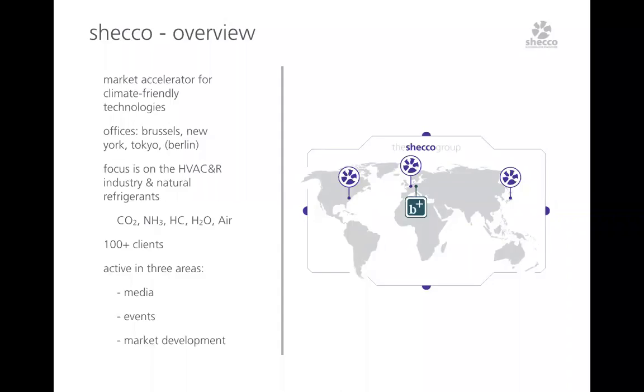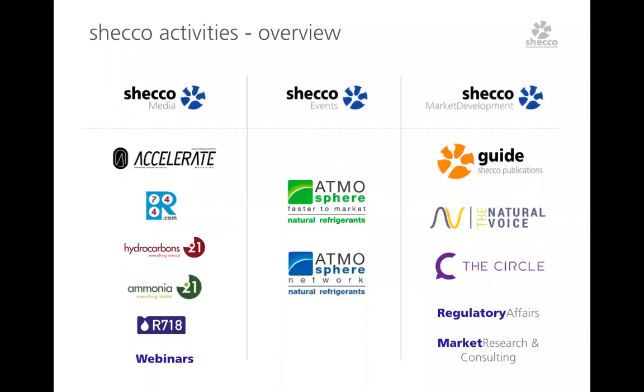And just to give you a short overview of what we are active in the shecco media branch, the team is working on our industry platforms. The first one we launched in 2006 was r744.com on CO2 as natural refrigerants, and that was then followed by hydrocarbons21.com, ammonia21.com, r718.com on water as a refrigerant. shecco Media is also the one that is responsible, or is going to be responsible, for the webinars going forward. And most recently is the leading branch for the Accelerate magazine, which we launched for the American market and the